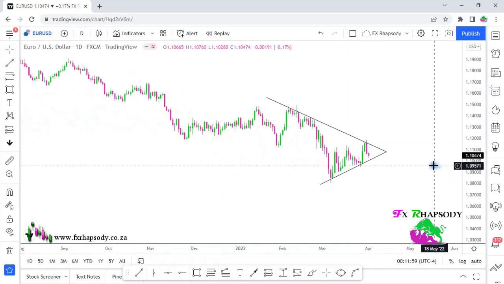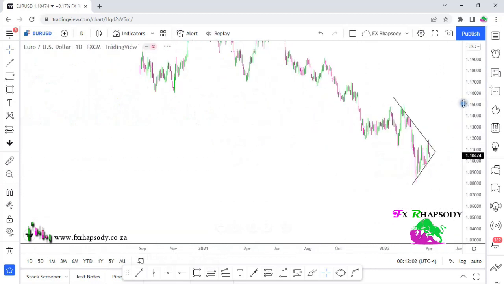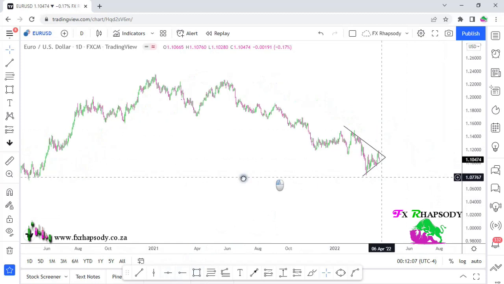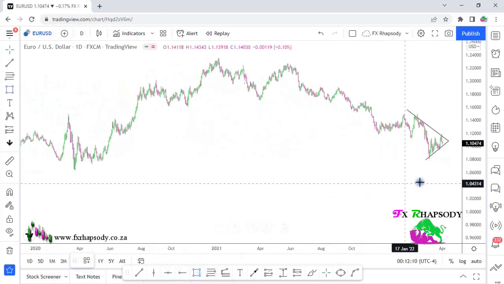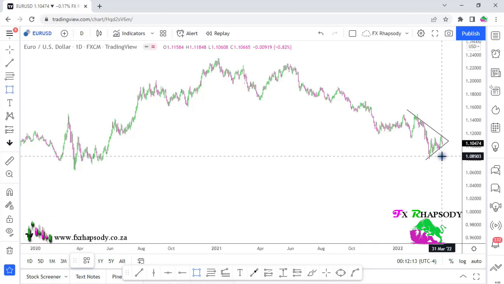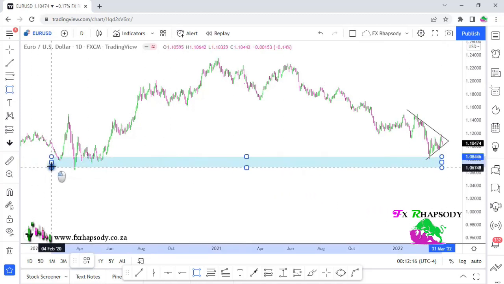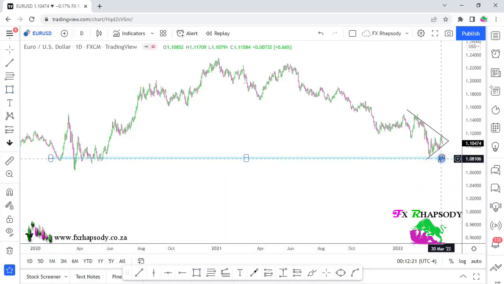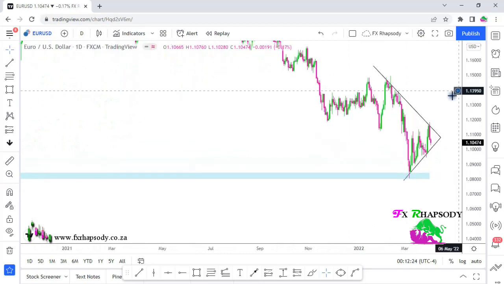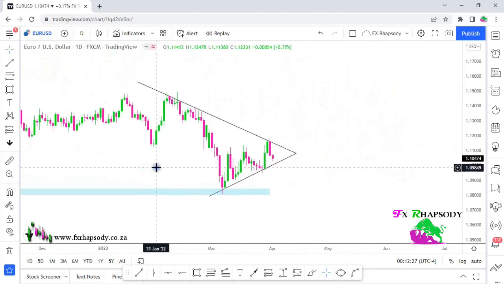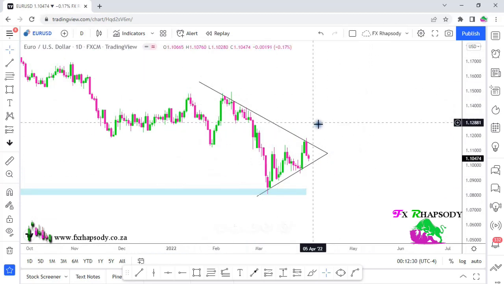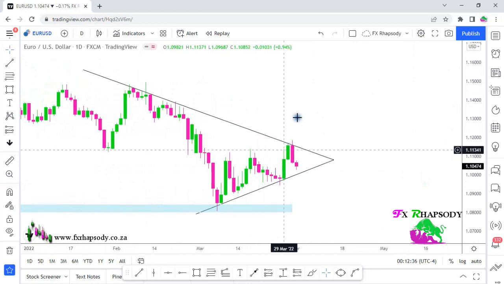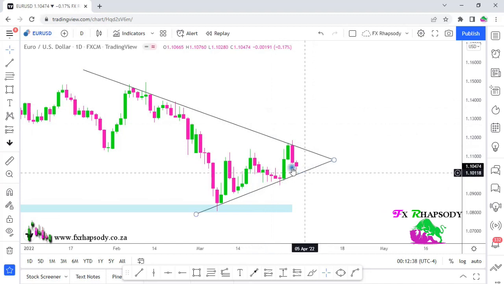Let me just zoom out a little bit. You can see this key area over here, and the reason for that is obviously this big support area. Price came all the way down and hit that area over there. Big support area, price tapped into it, and so now we're asking ourselves: is this a turning point in the euro where it's going to start going to the upside? Only time will tell, but I would like any break and retest of these two trend lines before I make